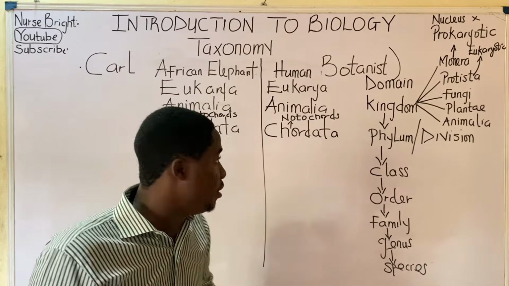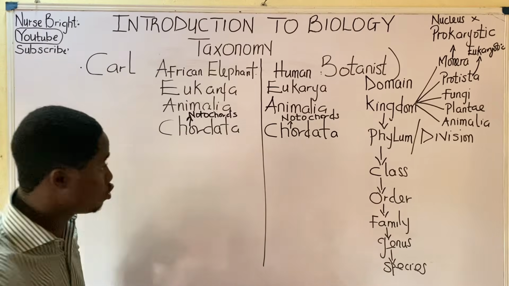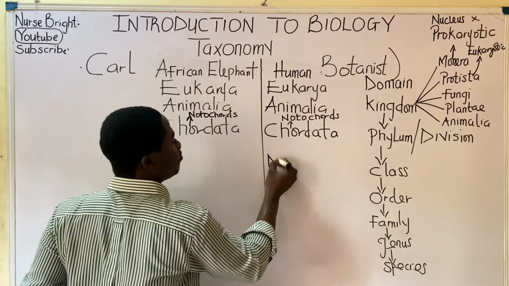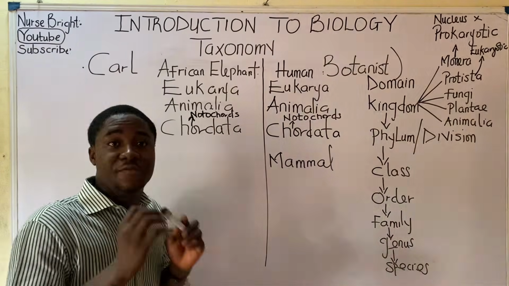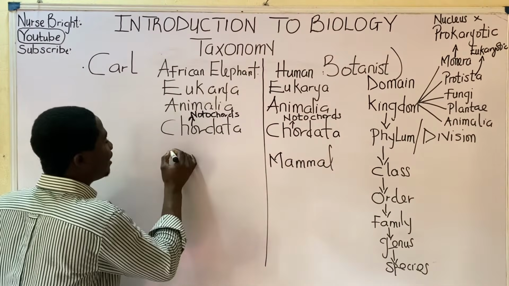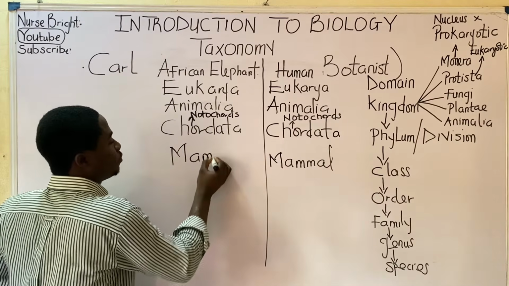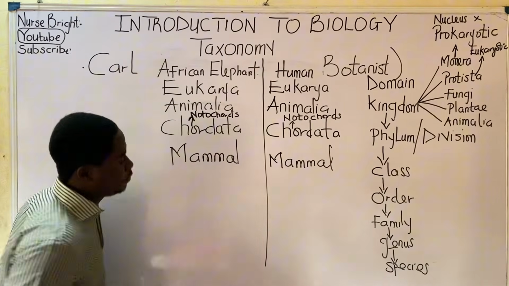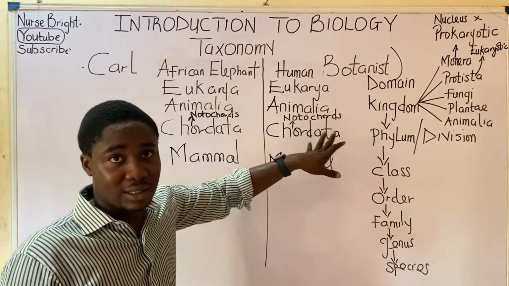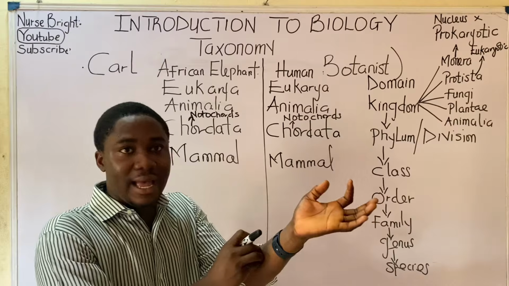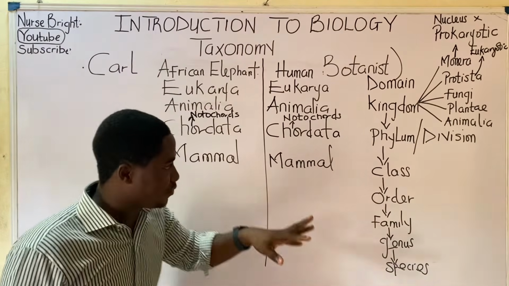It's very, very important. So moving further on, the class humans belong to is called mammals. We are mammals. Do you understand? It's very important. We are mammals. Same applies to the African elephant. Elephants are mammals as well. So this must be noted. For you to be a mammal, you possess hair. I'm talking about humans now. Take note. You possess hair, and also you have the ability to produce milk. Do you understand?